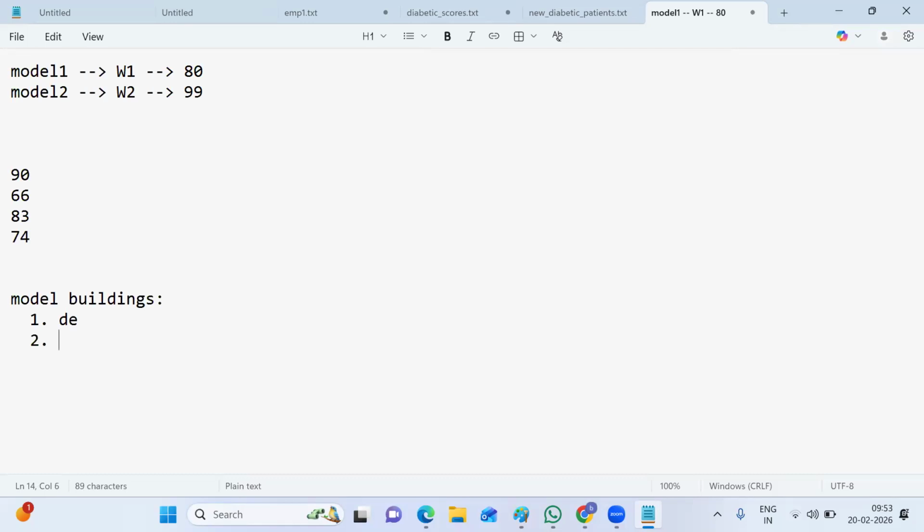Second, data cleaning and transformations. Next, data preparation, that means matrix preparations. Then, trial model. After trial model,